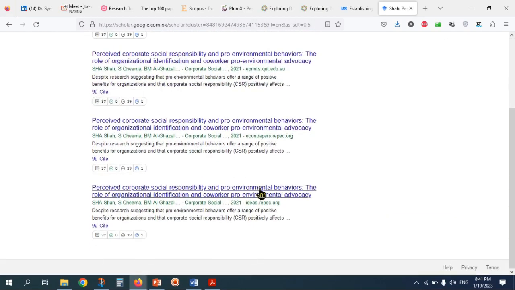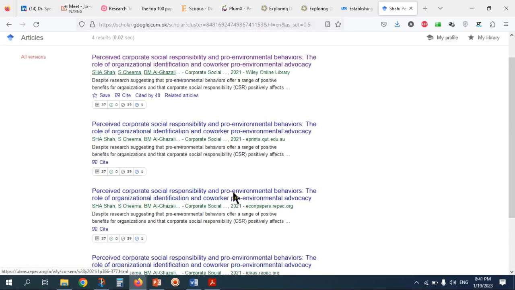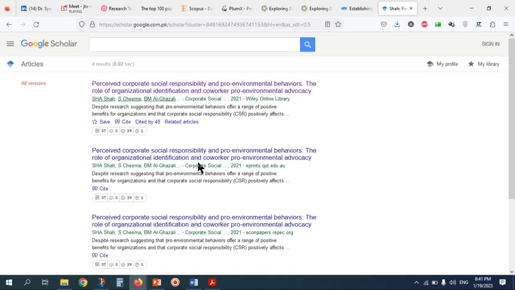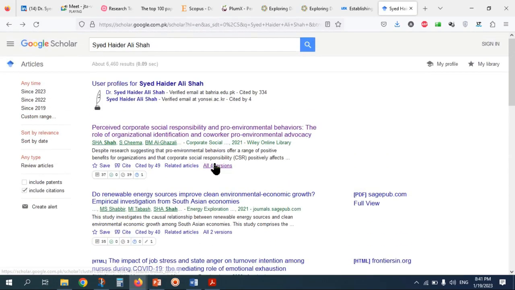Usually it will be distributed in RePEc and so on. It means you and your co-author only uploaded one extra version of this paper in this university, Queensland University, I don't know the name, but it's uploaded here. But before uploading, we should be careful about the copyright issue.